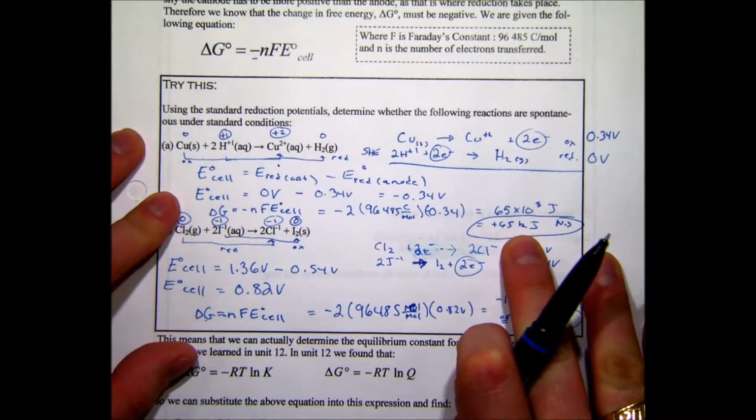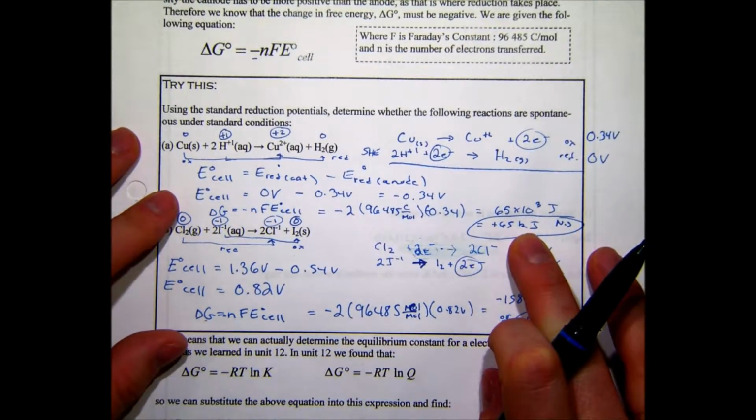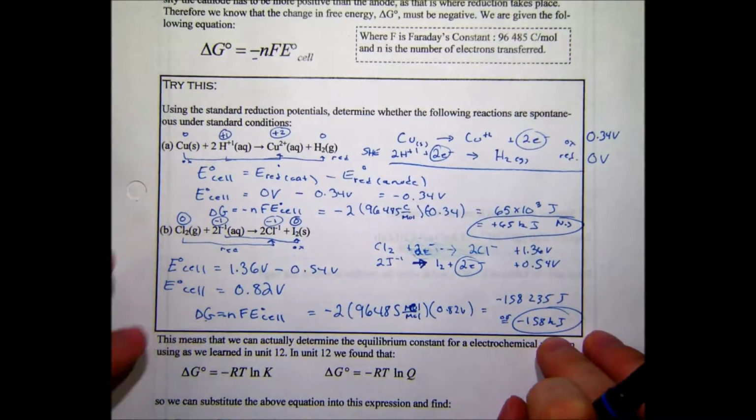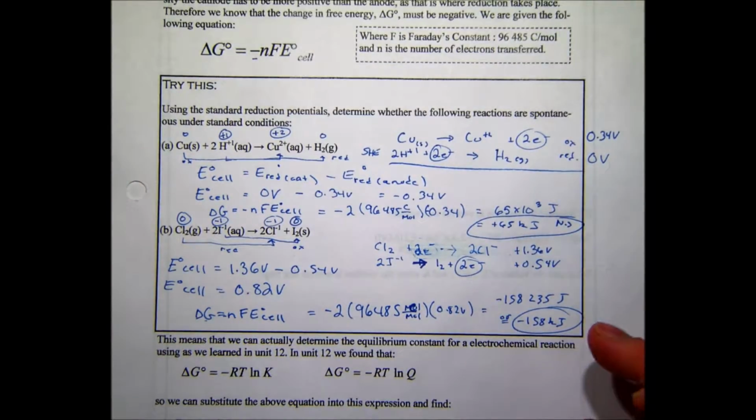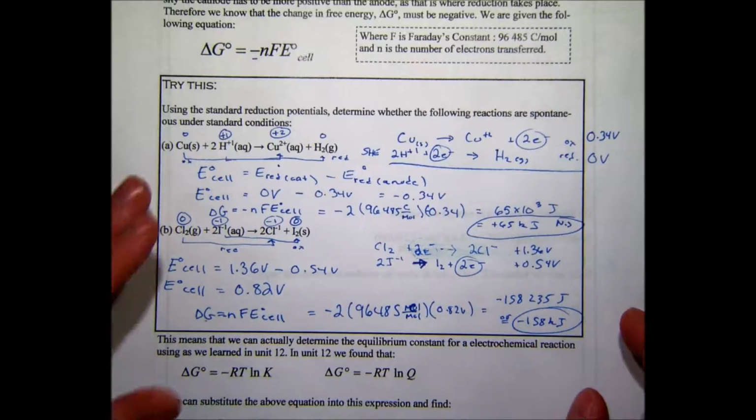When you solve for delta G, we know that delta G greater than 0 is going to be non-spontaneous. At less than 0, it will be spontaneous. So that's the general idea of how we